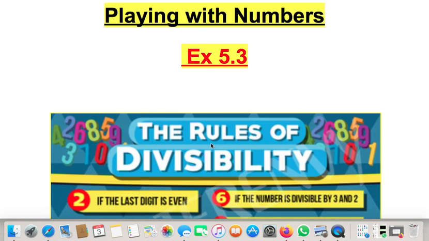And also the work for today is question number 1 to 5 first part, to be done in fair register. Yesterday I told you question number 1 to 5, all the parts, to be done in rough. So for today, after I explain you the rules of divisibility, listen to me very carefully, there should not be any confusion. Once I explain you all the divisibility rules, you'll be doing question 1 to 5 first part in your fair maths register as today's homework. Now let us start with the divisibility rules.